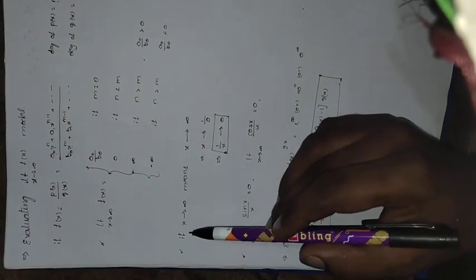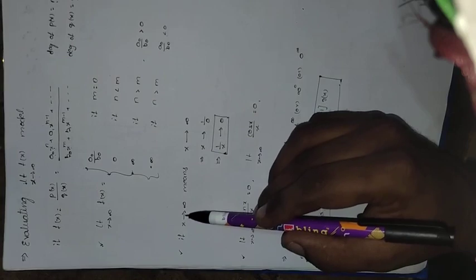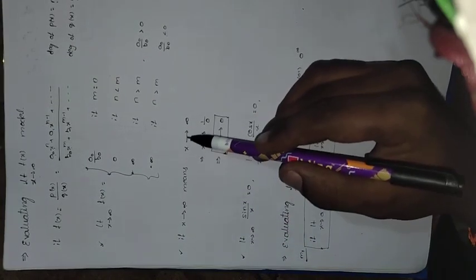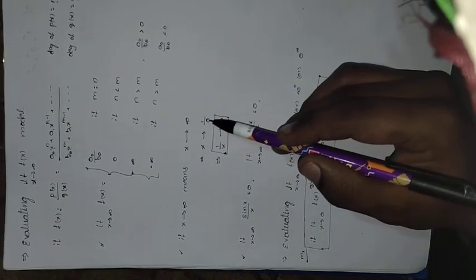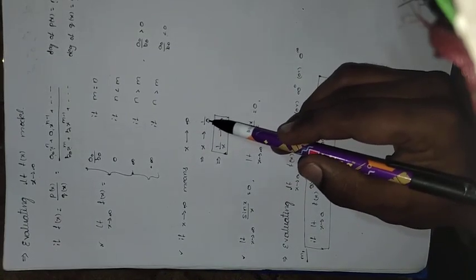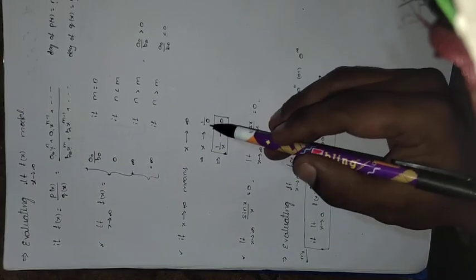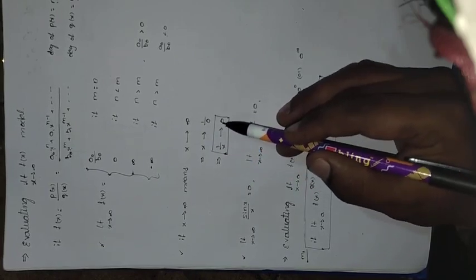And here, a small clarification again. If the limit as x tends to infinity, what is the meaning of this? x tends to infinity, infinity means anything by 0. So I can take, suppose, 1 by 0. Then x tends to 1 by 0. Taking the reciprocal of both, we get 1 by x tends to 0.